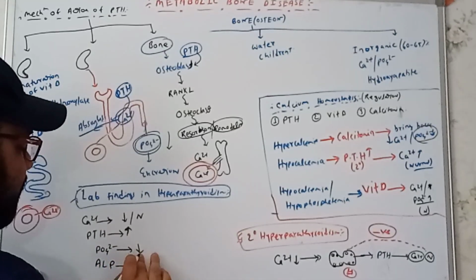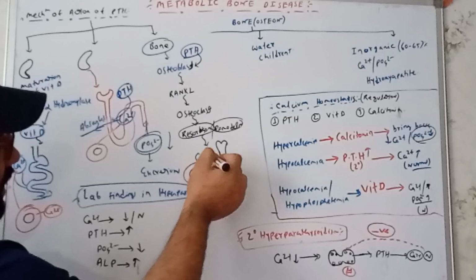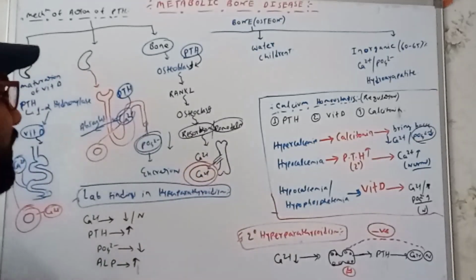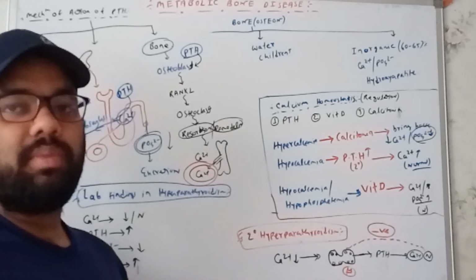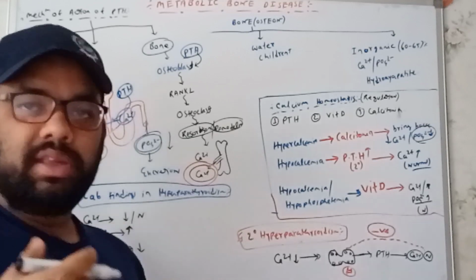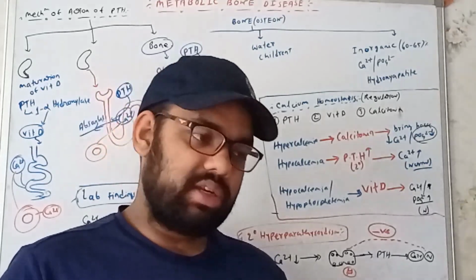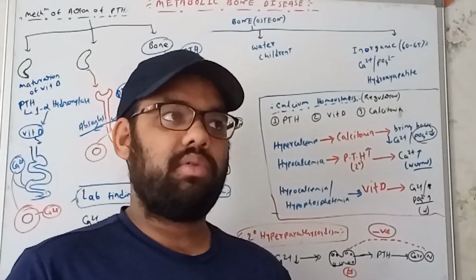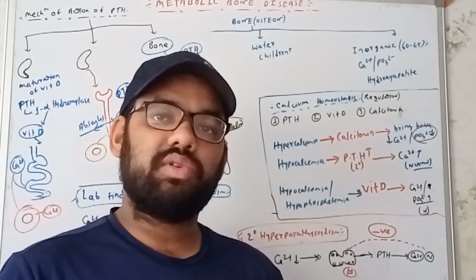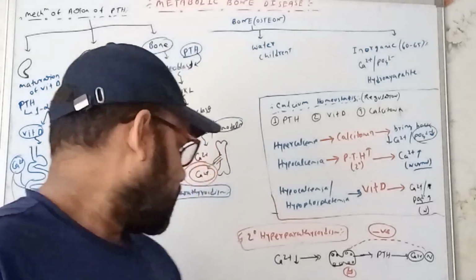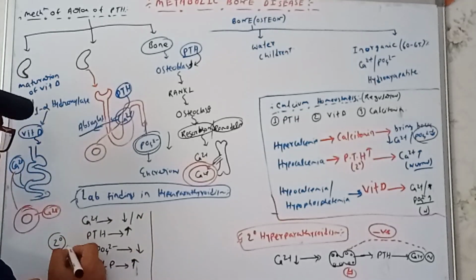Why? See, whenever the osteoblast is activated and the osteoclast starts resorption of the bone, ultimately there will also be the formation of new bone. Whenever bone resorption is there, whenever we see the breaking down of the bone, we are also able to see bone formation. Whenever there is breaking down of the bone, in the alternative we will also get to see bone formation. So whenever bone formation is there, of course we'll get to see the elevation of alkaline phosphatase. So alkaline phosphatase will be elevated, and this is found in secondary